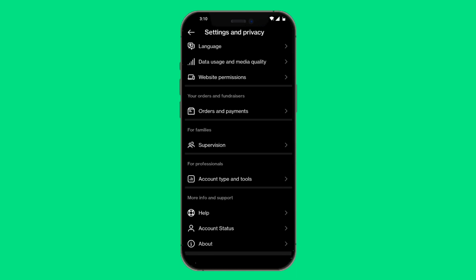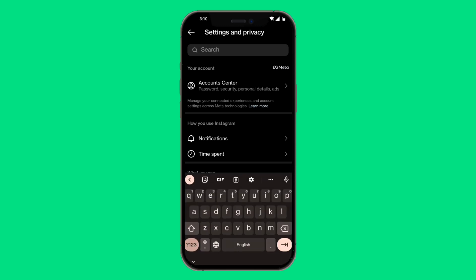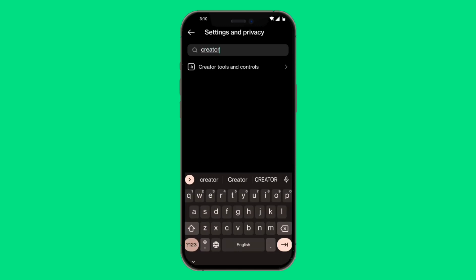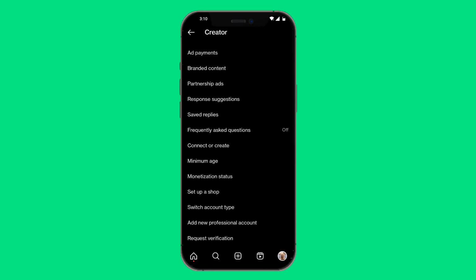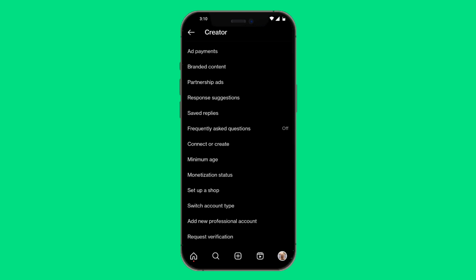So what you want to do is go to the search bar, and then from here, you want to type in creator. Now, there should be an option that says Creator Tools and Controls, so we'll go ahead and click on that option. Now, if we scroll down here, you can see at the very bottom it says Switch Account